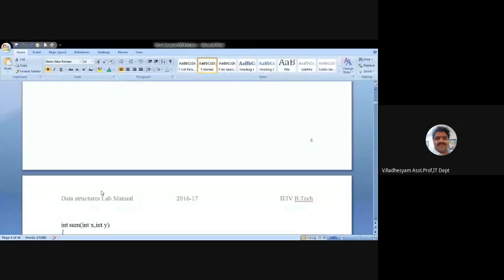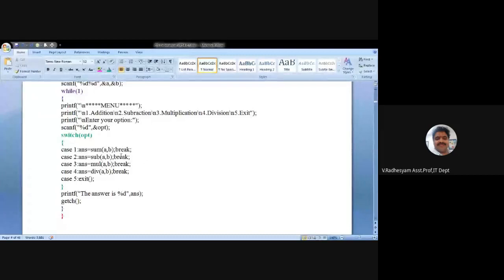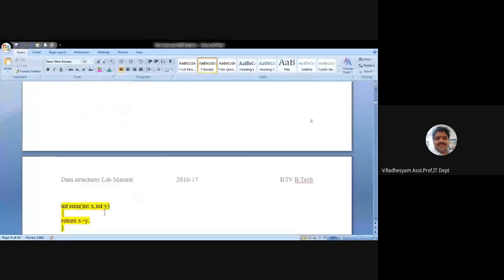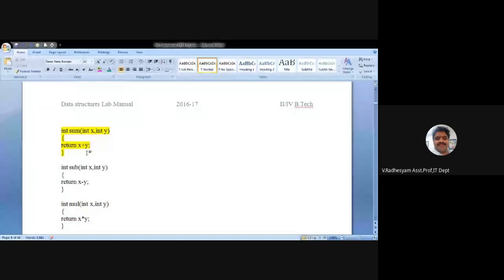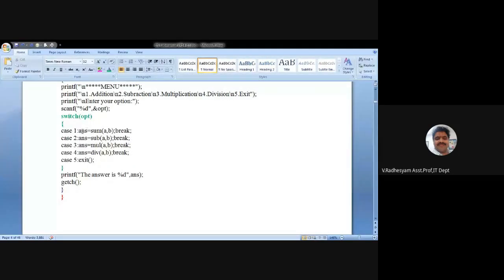So after the main, I have a function called sum. That will be activated, and two numbers will be added. This function will give you a value that will be stored in ANS, and the answer will be printed here.